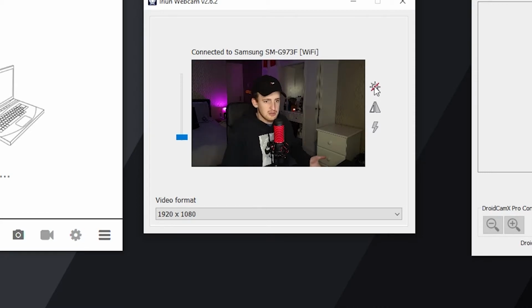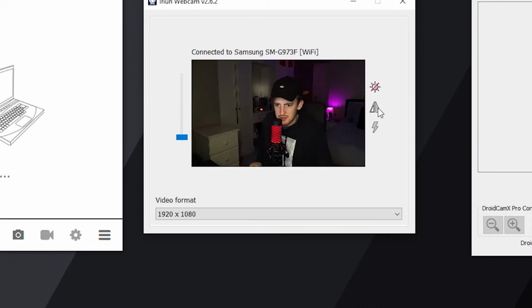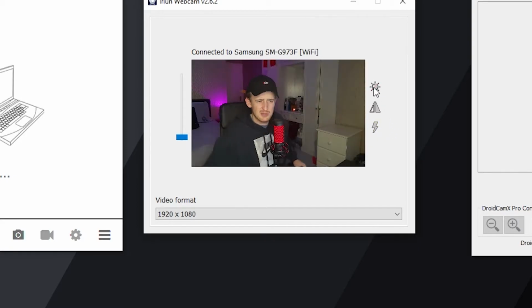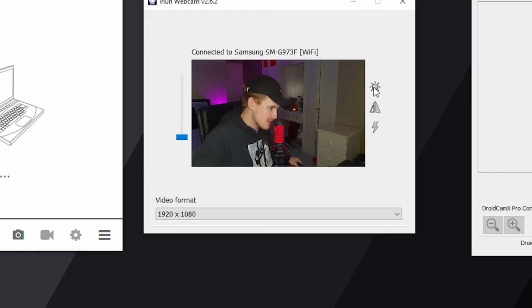I think it looks good without the exposure compared to on. Brings out the focus of me more so than the background being sort of the minor. You can also do the usual mirroring. You have the flash on the phone you can do as well, which actually looks weirdly okay. And put the exposure back on. Lower the brightness down just so we can get how we were before, keeping it ready with the other webcam